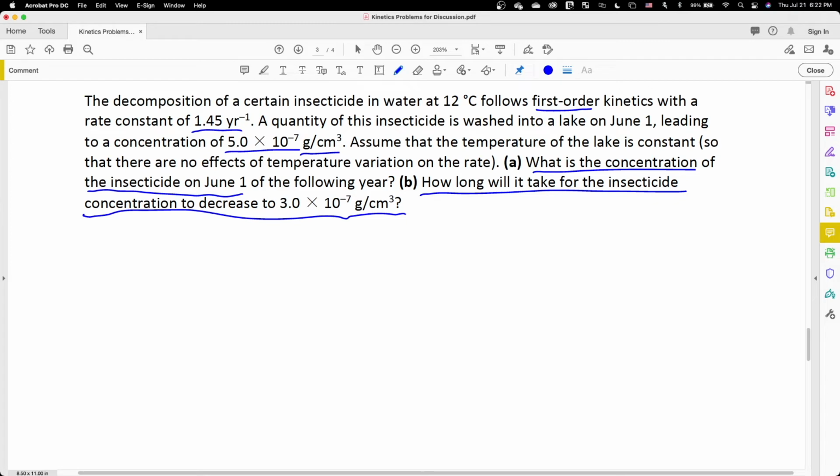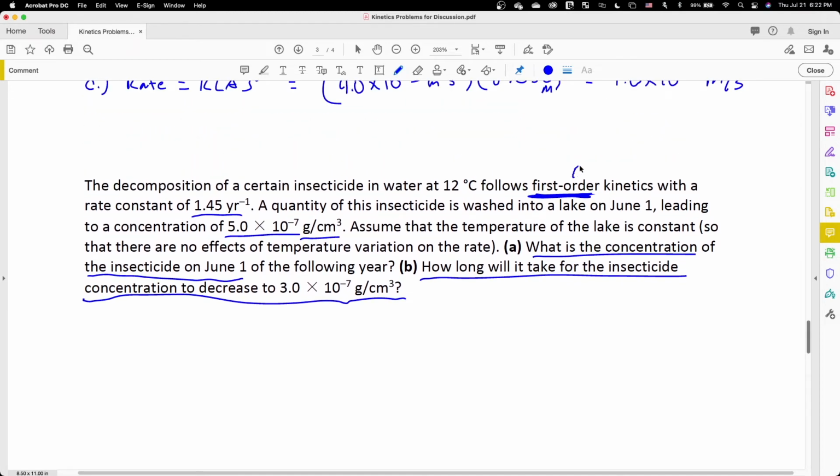The first thing to notice is that it's a first order reaction. Whenever it says it's a first order reaction, we know what that means when it comes to rate, but we also need to remember that we're going to be using the first order integral rate law, where the ln of a concentration versus time will be a straight line. And so the equation for a first order reaction, if you recall from the welcome chart I gave you, is ln A